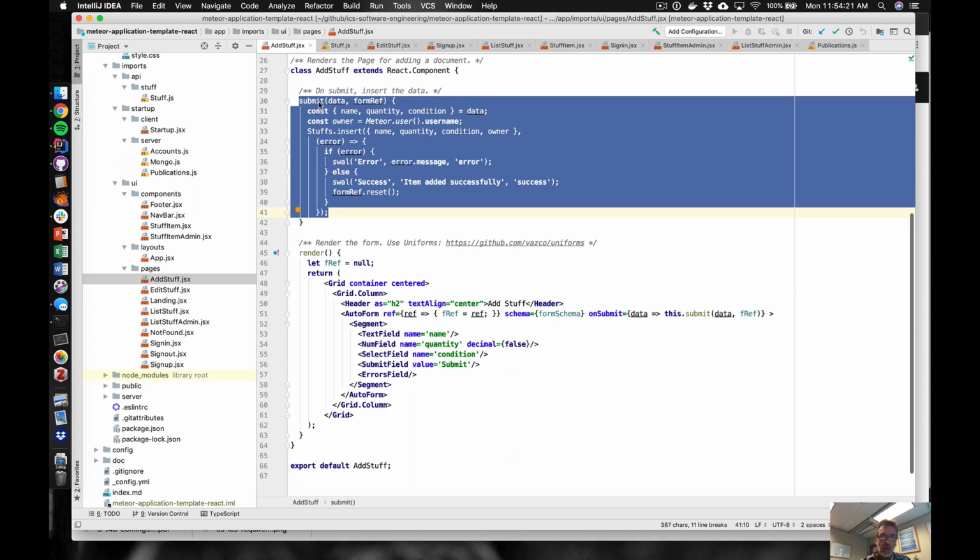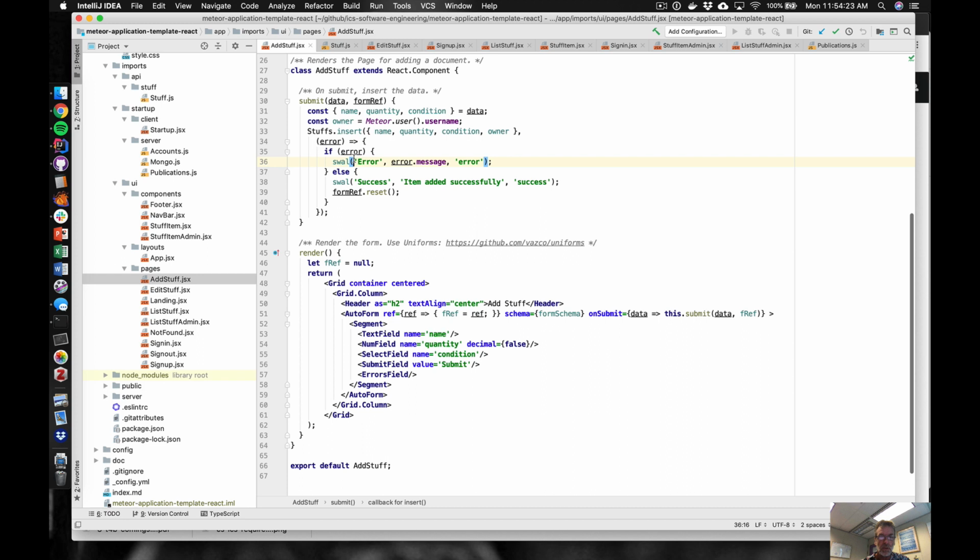So the submit function only gets invoked once the validation within the form is satisfied. So that's another kind of nice thing that Uniforms provides for you for free. Okay, so that's the schema, and then on submit, what's going to happen is